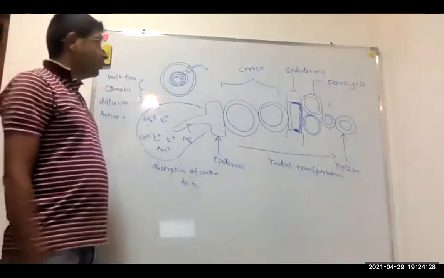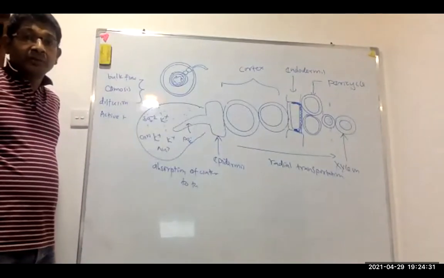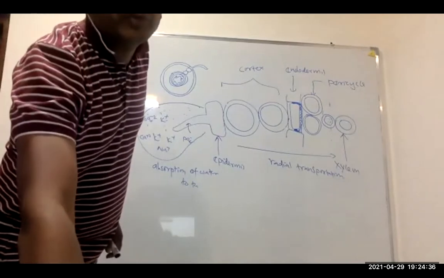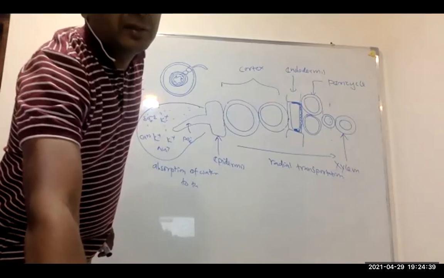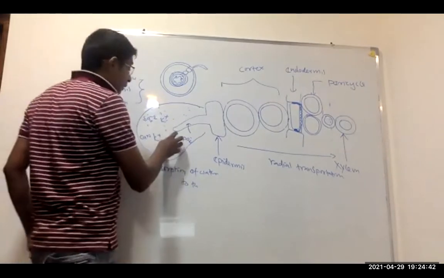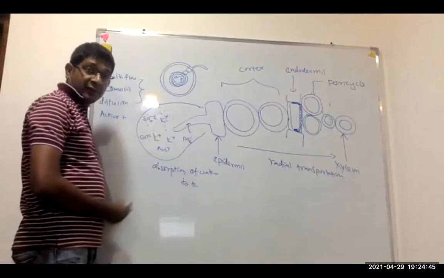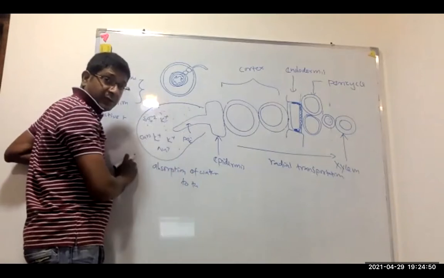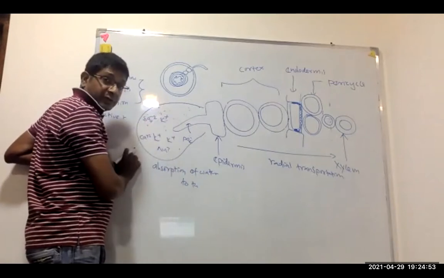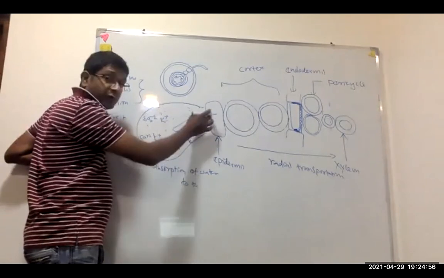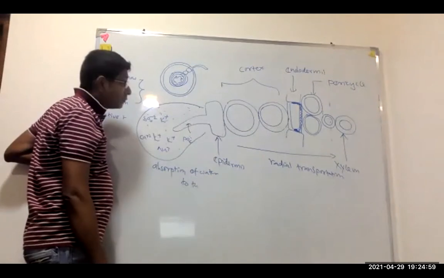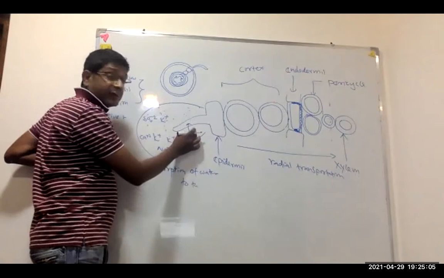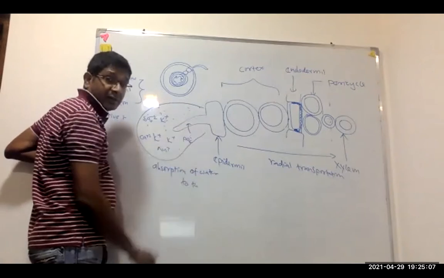And first of all, movement of water and minerals from soil solution to plant root. Then first of all, water should be absorbed from the root hairs. Okay. Then there are several minerals dissolved in water. Therefore, the water potential in the soil solution is lower than the water potential in the epidermal cells. Right? Therefore, the water potential gradient takes place across the membrane.